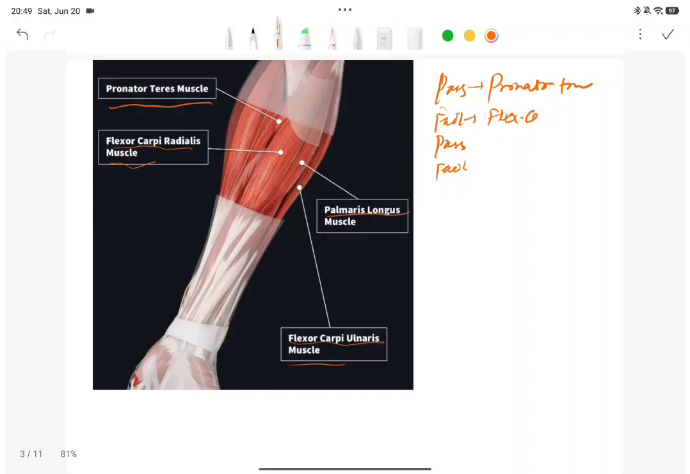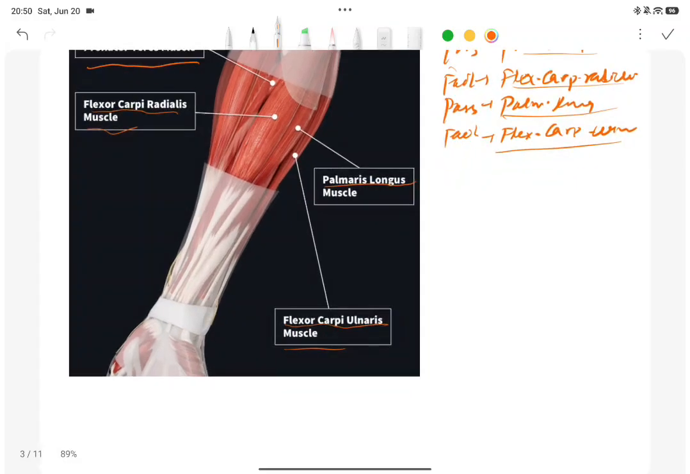flexor carpi radialis, palmaris longus, flexor carpi ulnaris. So if you remember it in sequence, you will know. There is only one muscle in the intermediate layer, the flexor